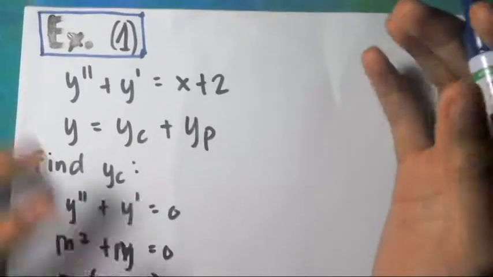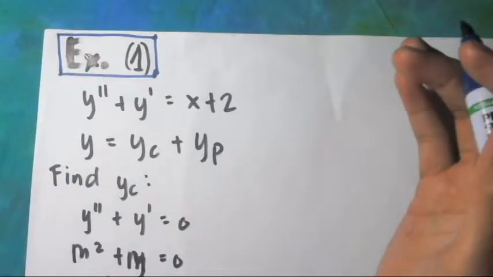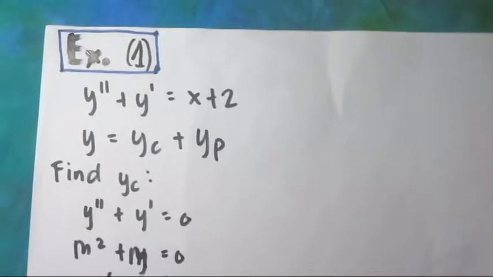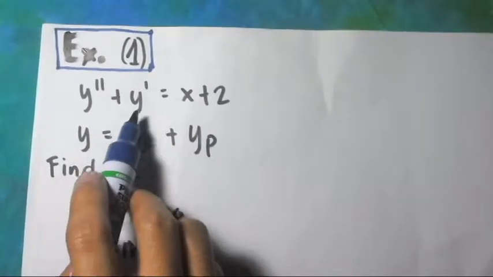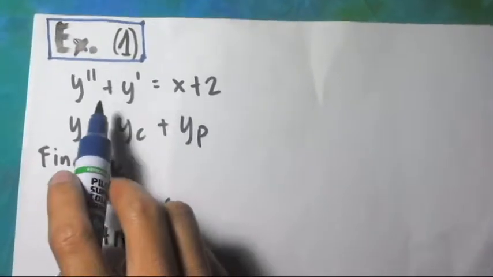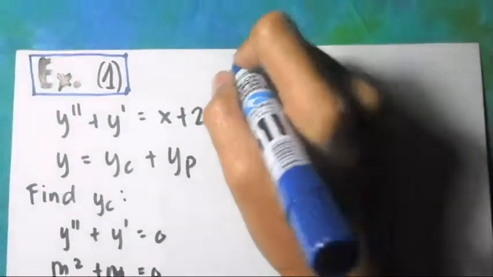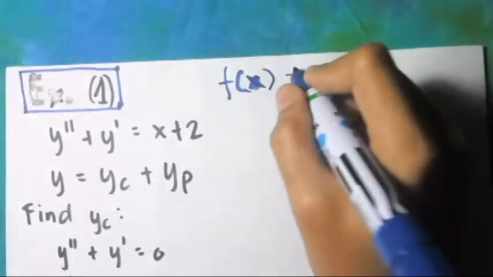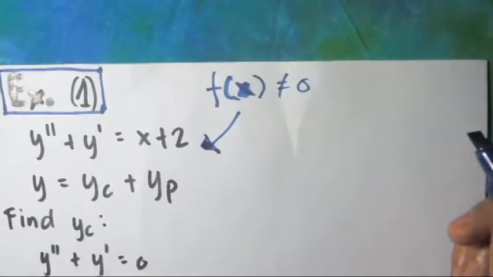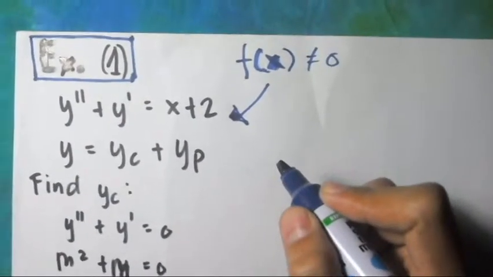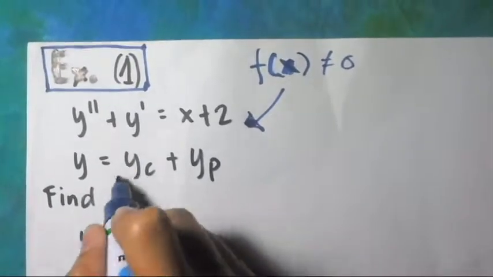Hi everyone, I would like to answer this problem of finding the complete solution of this non-homogeneous differential equation. Why do we know that this equation is non-homogeneous? Because, as we all know, the function of x here is not equal to 0. Therefore, to find the actual solution, the value of y, we must first get the complementary